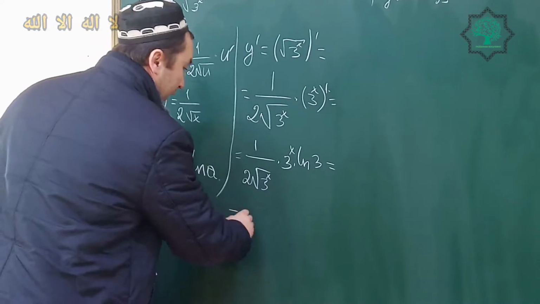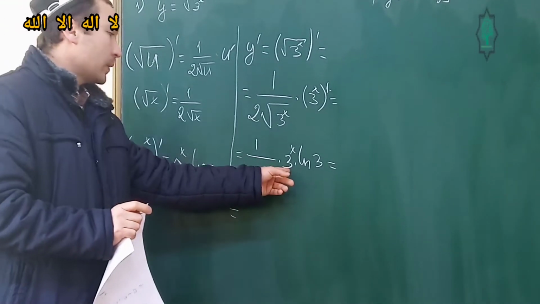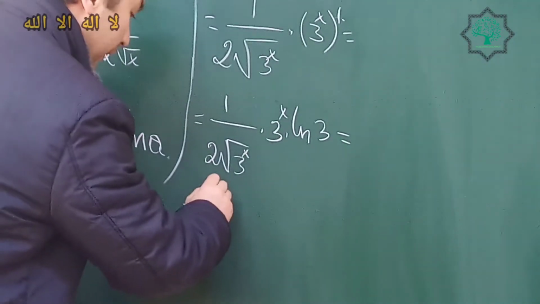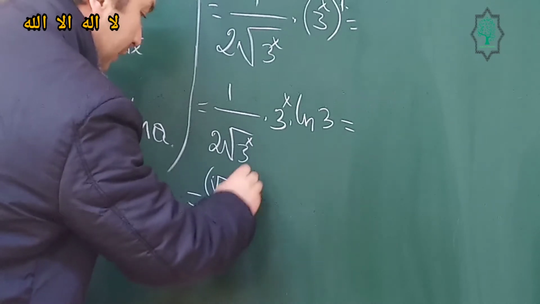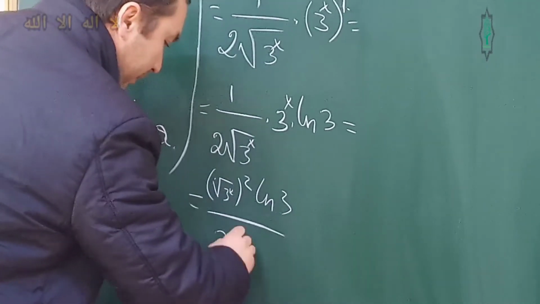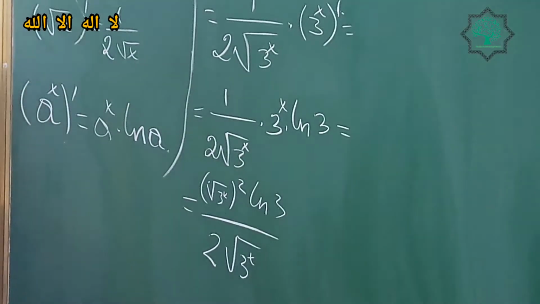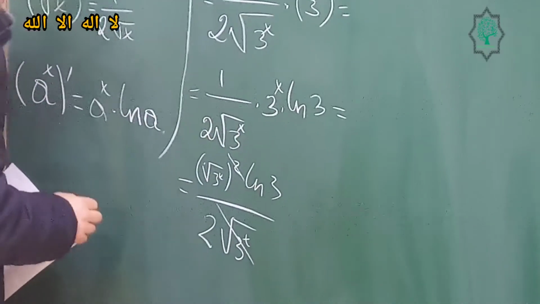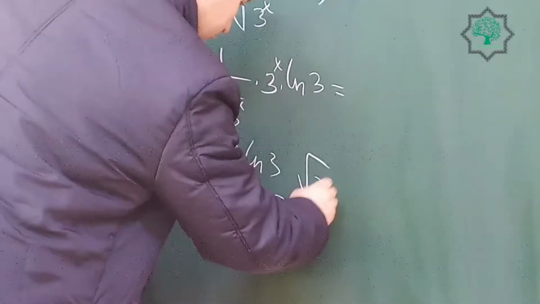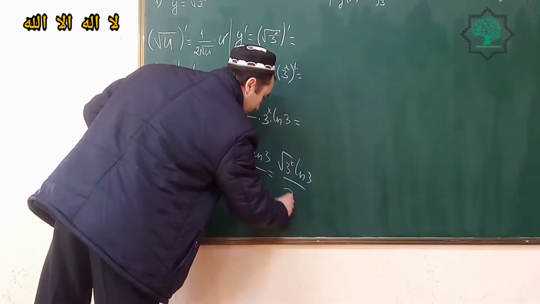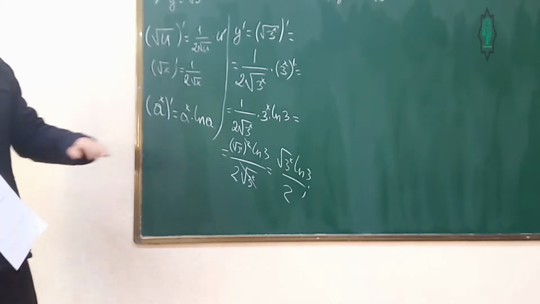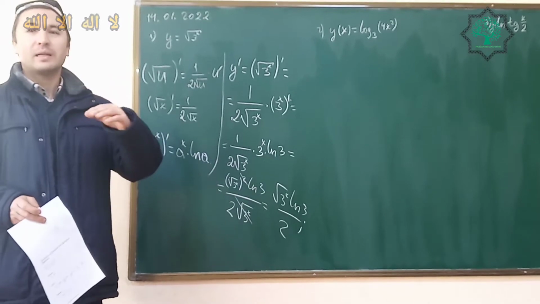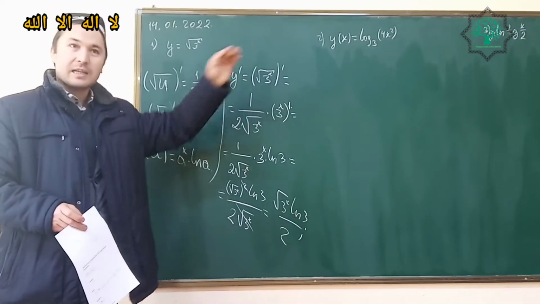It's great. So if we use 3 to the power x, I can write it in such kind. Here we reduce, and we have 3 by 2. Do you understand this problem? Yes. If everyone understands, let's start another example.